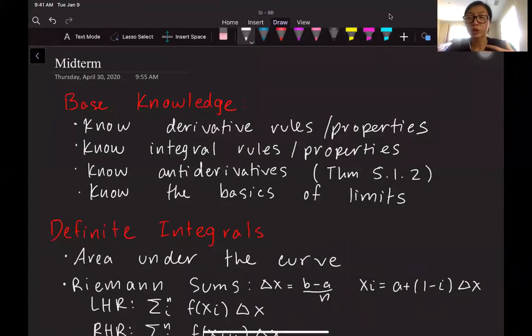So first things first, at the very minimum, to do any of these problems, there are a couple of things you need to know, right? This is our base knowledge. You should have a very strong understanding of derivative rules and those properties, integral rules, those properties, all of your antiderivatives. So this is theorem 5.1.2. I'm not saying that you have to memorize all of theorem 5.1.2, but there are certain things